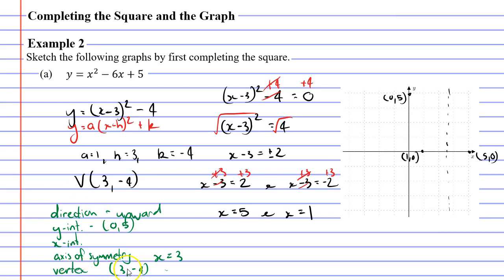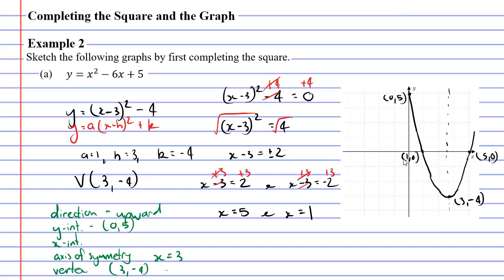We'll also label our vertex, which lies on the axis of symmetry. It's the point (3, -4). We now have enough information to draw our parabola. We're just going to draw our graph passing through the points we've labelled, making sure that the turning point occurs